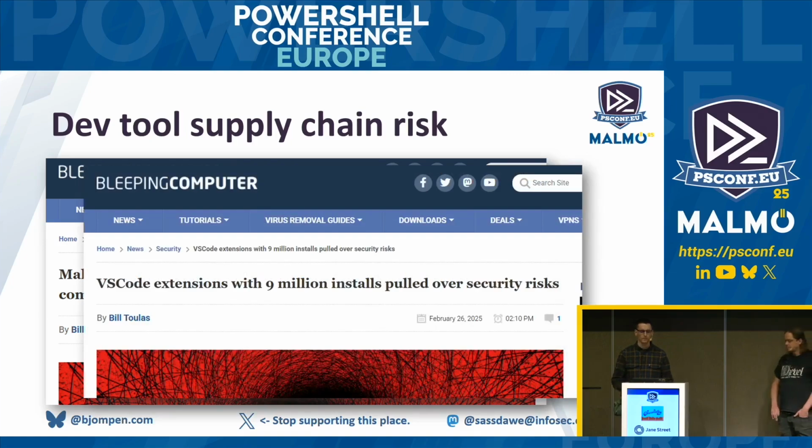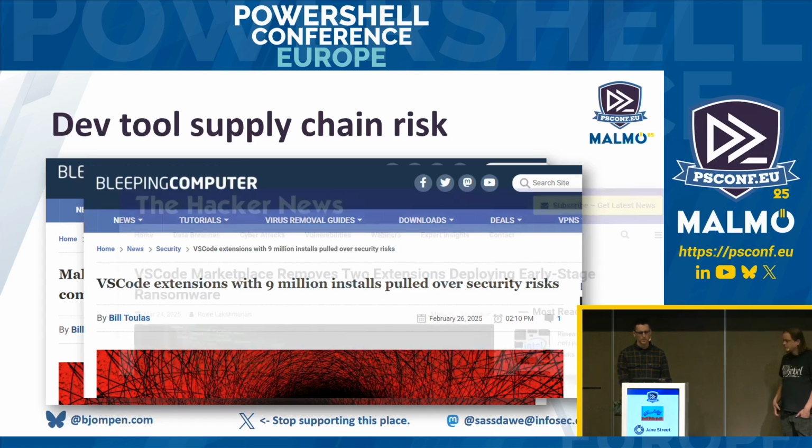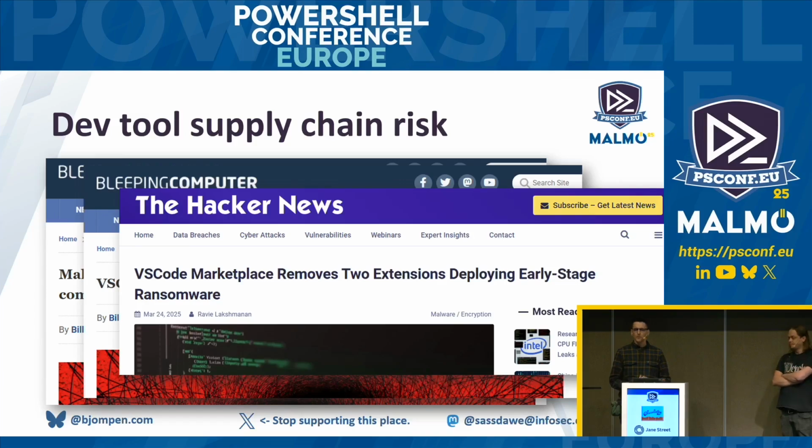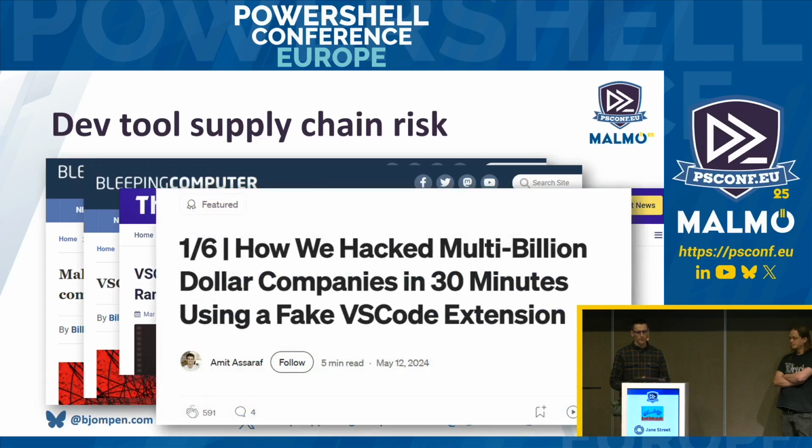Usually these days it's targeting the crypto community. But if you look, there are some extensions with 9 million downloads, which were pulled because of their security issues. Some were deploying early stage ransomware as well. And some people spent a very short amount of time, just 30 minutes, to publish some extensions which were impersonating some other ones,